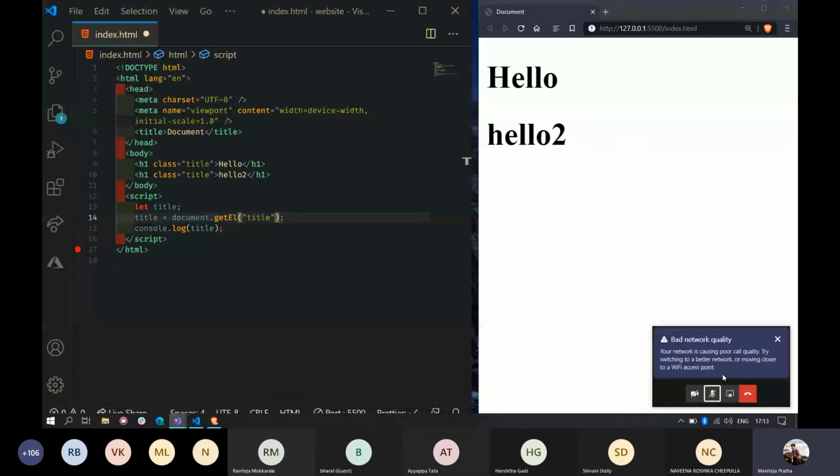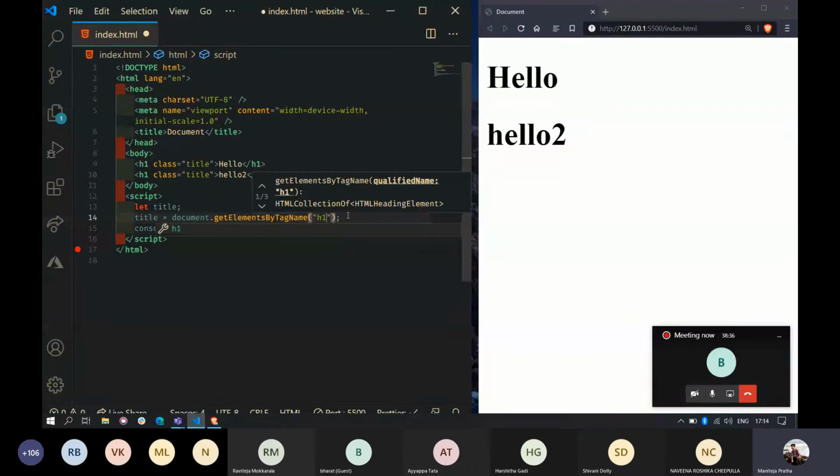So now if you want to access all the h1 tags, what you need to do is getElementsByTagName. So what is the tag name that you need to access right now? H1. So simply keep it H1.